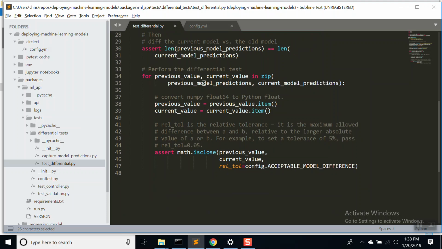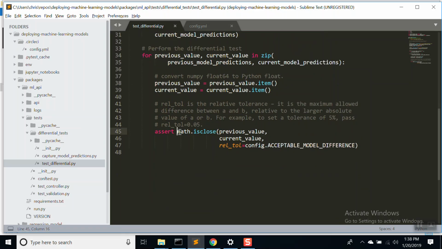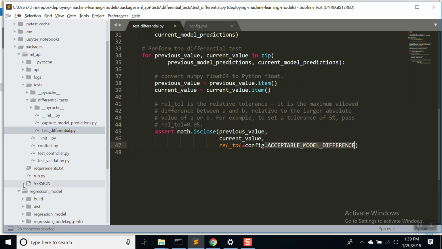And then we're looping over the two lists of predictions, and for each value in the prediction, we're using this math.isclose method to check how much the two values differ from one another. And we decide how much they should differ using this rel_tol field, which we've set in the config as this acceptable model difference. So you'll notice that this gets pulled in from the regression model package. In the config,